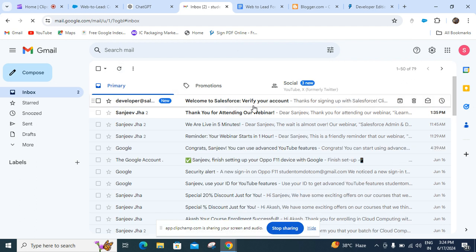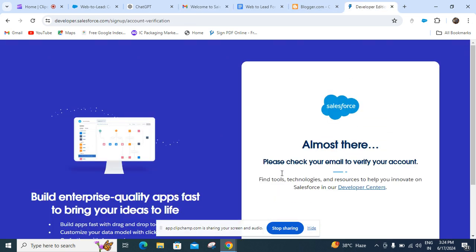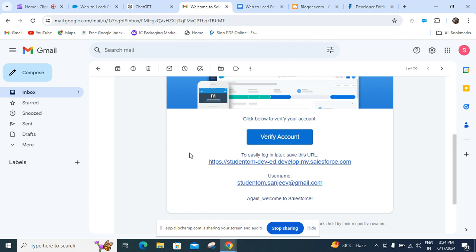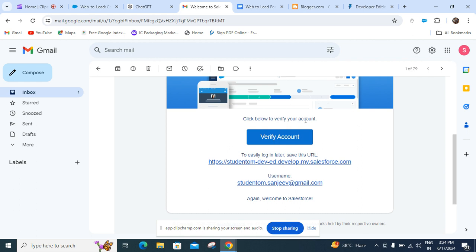Yeah, so we receive this type of email verification from Salesforce whenever we put in all the information. So now we have to check the username, studentum.sanjeev@gmail.com, and we have to verify that account. So click on verify,